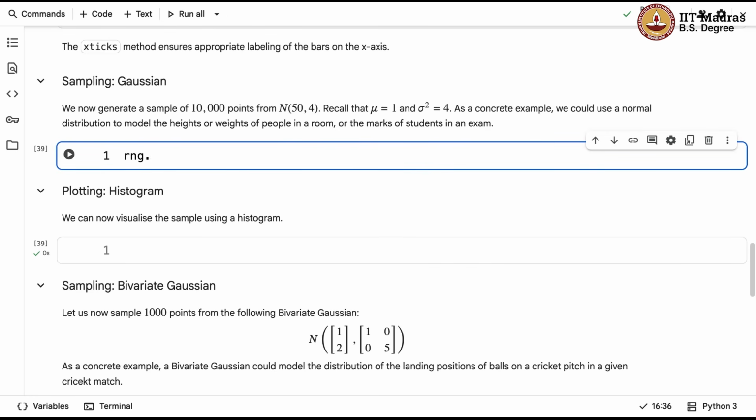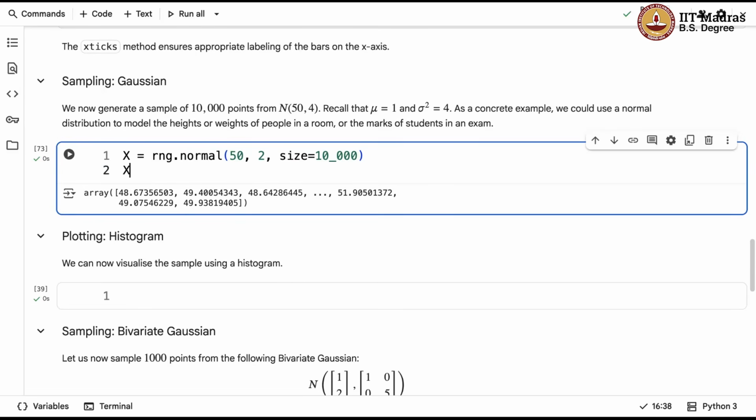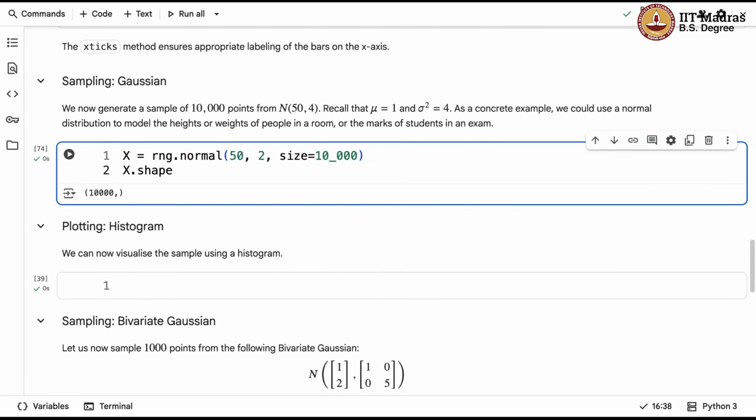So you have rng.normal, okay, and you specify the mean, the standard deviation and the number of samples. So in this case, there are 10,000 samples, and that's all there is to it. So if you now sample, you get an array of shape 10,000. Okay, now